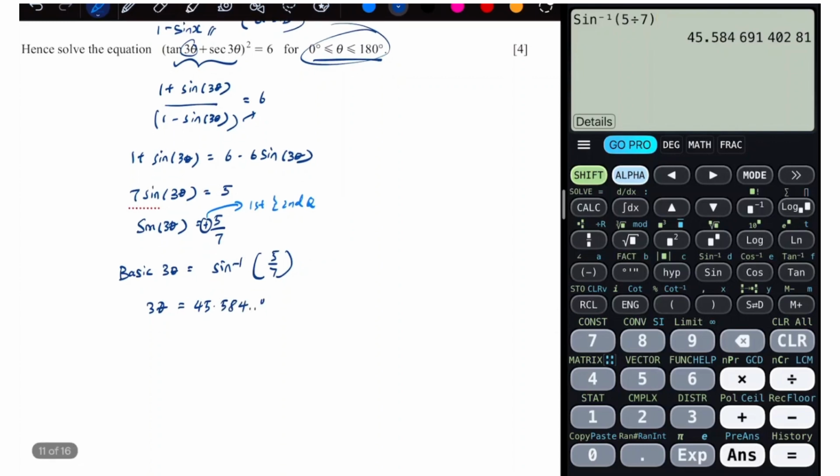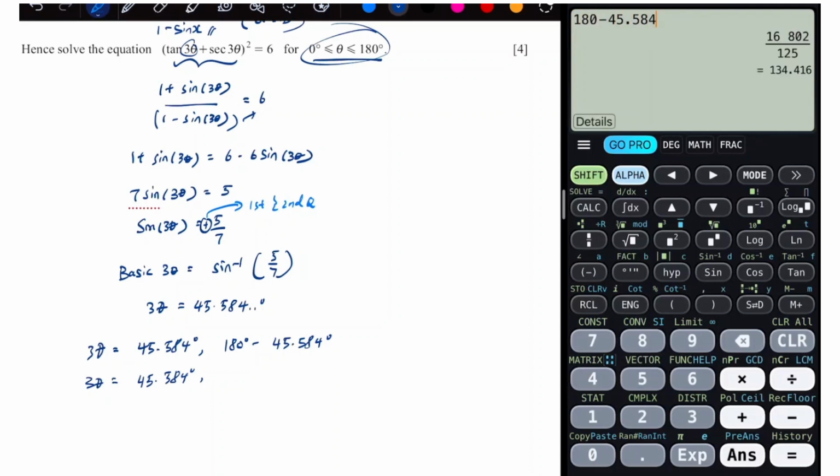So now I'm going to start calculating 3 theta. At the first quadrant it would just be my basic angle, but at the second one I have to minus from 180. So it's going to be 45.584 and 180 minus 45.584. That's going to be 134.416. Okay, now since